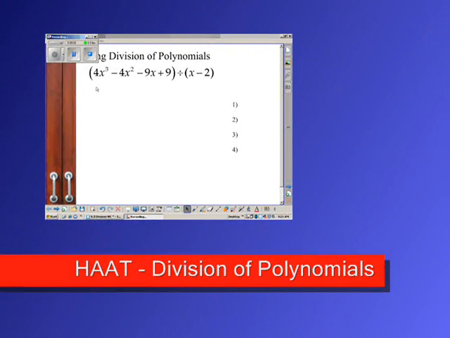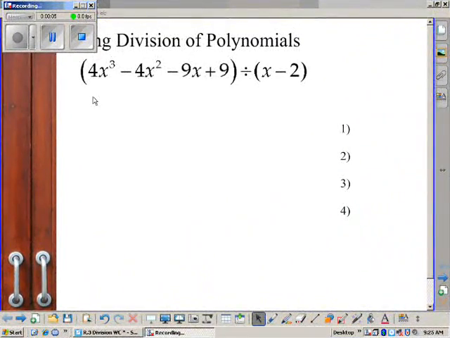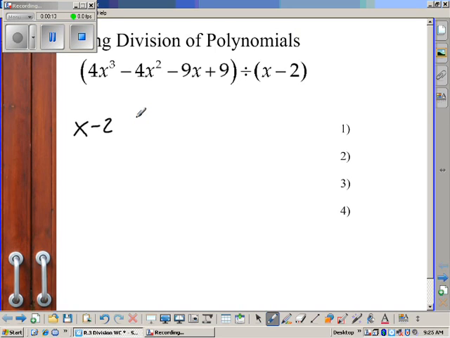Okay, hi, a quick podcast here for dividing long polynomials. It's a four-step process, and the first thing that you need to do is write your polynomials in long division form. So there's our divisor, and then we're going to write down the 4x to the third minus 4x squared